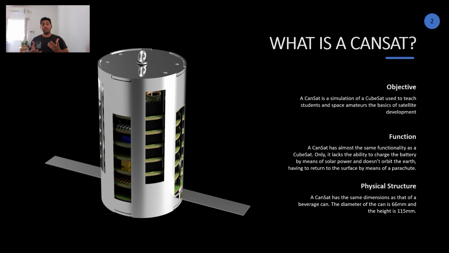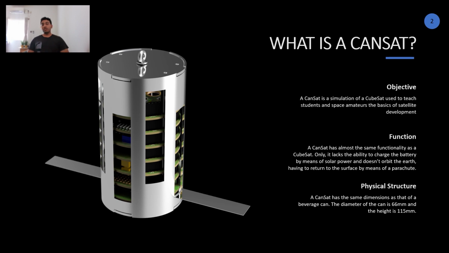When it comes to the physical structure, a CANSAT is very similar to a beverage can, as you can see from its name. The can was derived from the shape and size of a beverage can, which is roughly 66 mm in diameter and 115 mm in height. Although in most deployers, a little more than 150 mm is allotted to insert the CANSAT into the deployer. The reason being, even the parachute has to be accommodated along with the CANSAT, and usually big parachutes do take a lot of space. So you can expect a little more than 150 mm to push the CANSAT into your deployer.